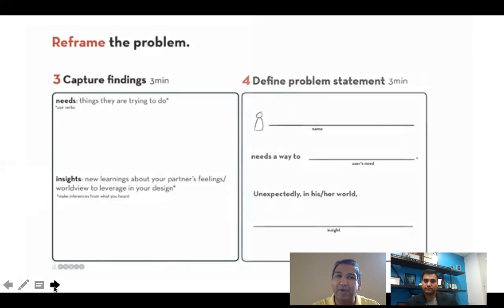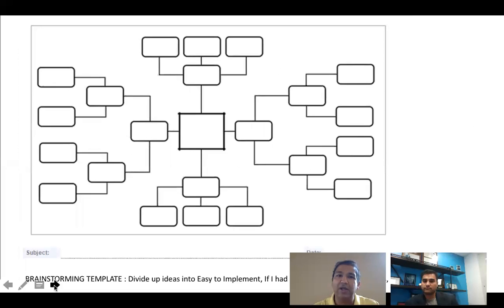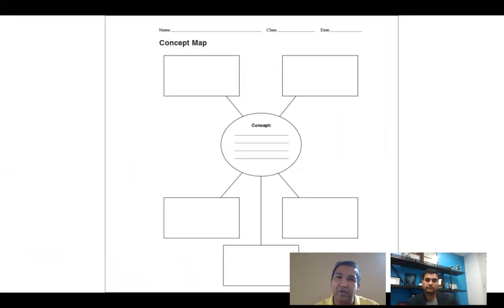So once you define the problem statement and write it down clearly in some format like this, then you'll essentially start brainstorming. And this is an example of a whiteboarded brainstorming template. You'll just start taking the challenge in the center and start ideating with a group of people. Maybe ask some people to think wild ideas, crazy ideas, while others are thinking about very possible and feasible ideas. But always go for quantity, a very high number of ideas. And once you have that, select one or two prototypes that you want to go after, something that you feel you can develop in the next 24 hours.